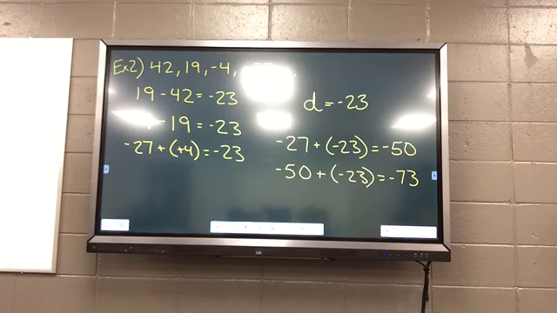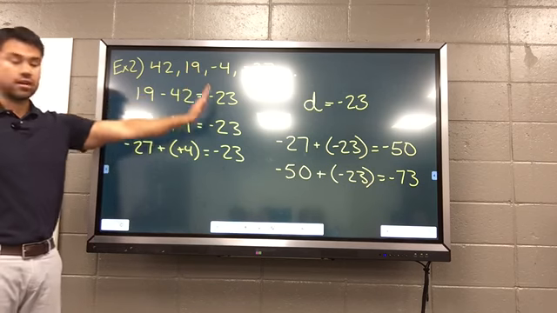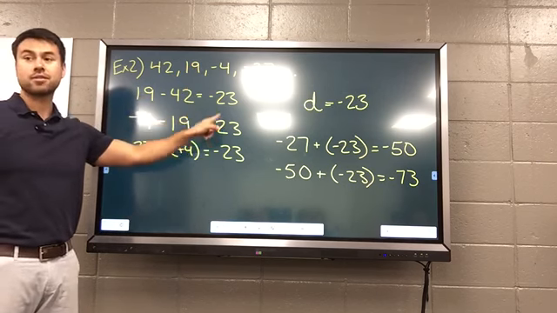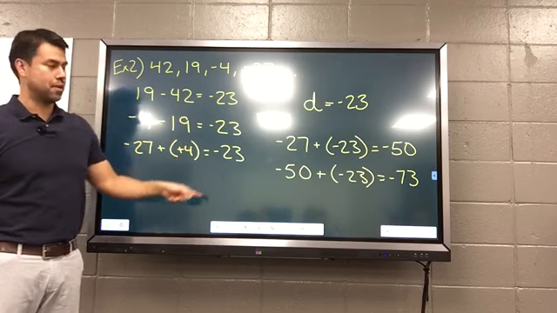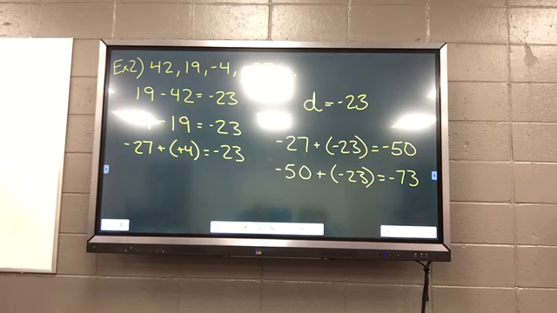Murphy, did you have a question? Oh, I was just saying, what if it was like negative 23, negative something else? Mm-hmm. It would not be an arithmetic sequence, but be careful of that because if 2 of them are the same, the third one should be the same, but I can't say that for all sequences. So you might have messed it up. Either we wrote it wrong, or I'm trying to trick you. And I do both of those, don't I? I write things wrong, and I try to trick you sometimes.